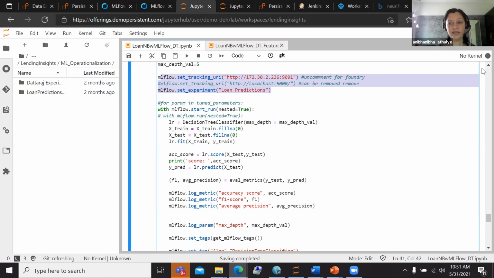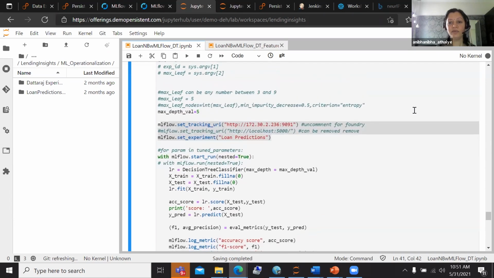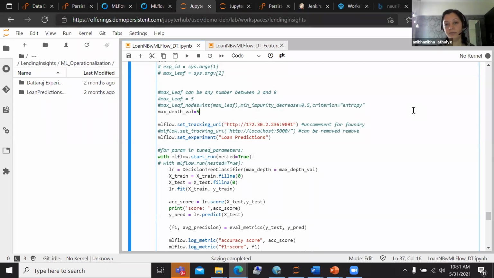This is a very powerful activity, because if you're working as a team of data scientists on your local setups, without even logging into a specific workspace or a specific platform, as long as you have access to a specific MLflow server and are able to set the tracking URI and set the experiment, you will be able to bring all your work together from different teams under the same experiment.